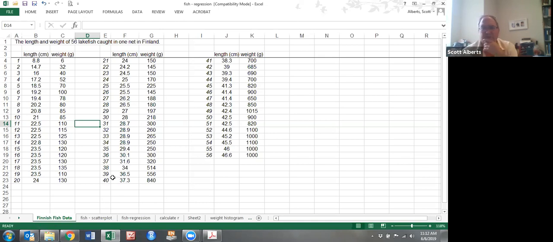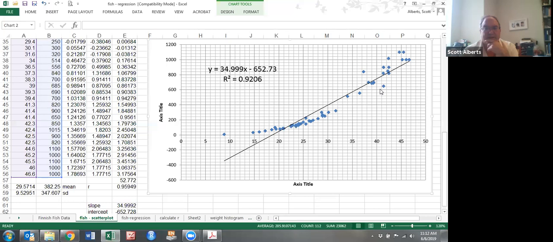If you ever watched any of those shows on the Discovery Channel, you would see that they measure fish by the length rather than actually weighing them, and then they put them into bins and use that to calculate how many fish they can catch or how many more days it's going to take them before they go back to shore. So I made a little scatter plot here of our fish, and I used that formula